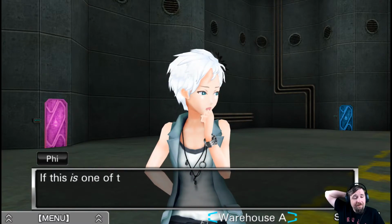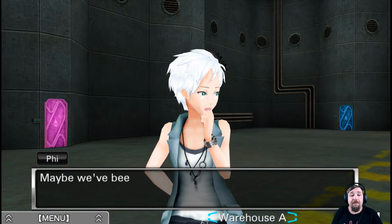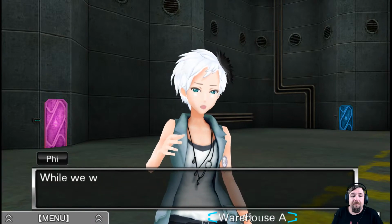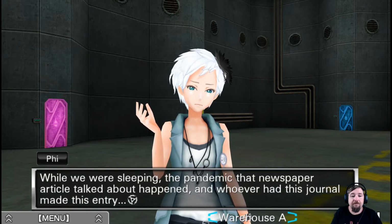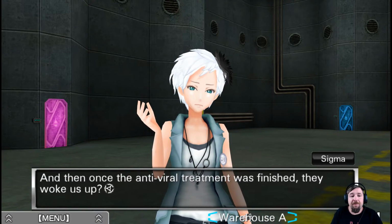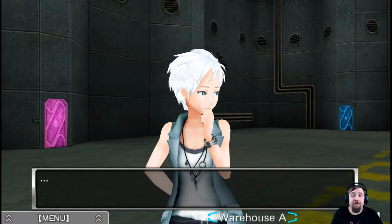Just think about it for a minute. If this is one of those shelters, a lot of things start to make sense. Maybe we've been here for a long time. Maybe they put us to sleep somehow. Made us sleep for years, maybe even decades. While we were sleeping, the pandemic that the newspaper article talked about happened, and whoever had this journal made this entry. And then once the antiviral treatment was finished, they woke us up. Right. It's all just speculation, but...